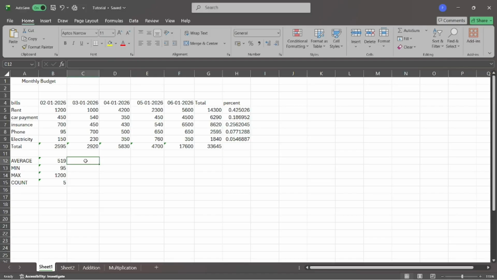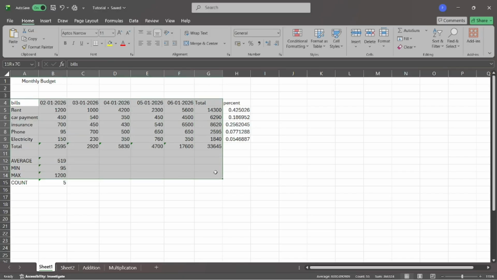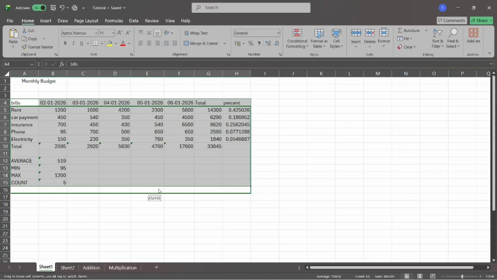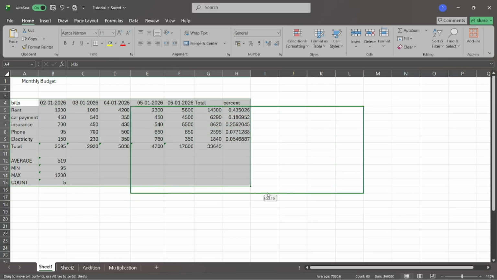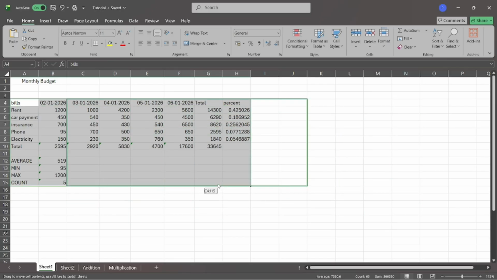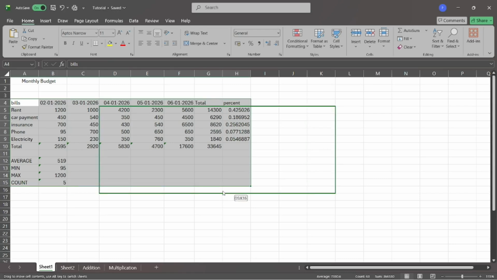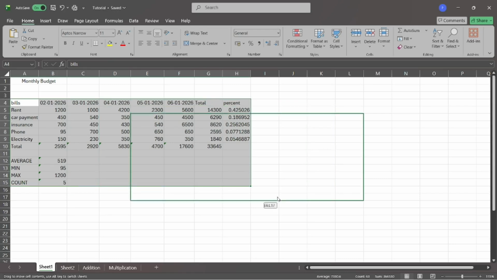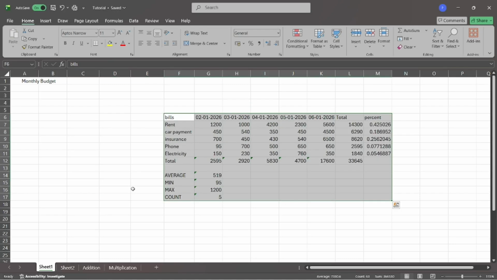Excel also provides a faster and more convenient method for moving data using the drag and drop feature. After selecting the cell, the user can move the cursor to the border, and now you can see there is a four-headed arrow. By clicking and dragging the selection to a new location, the data can be moved instantly without using any keyboard